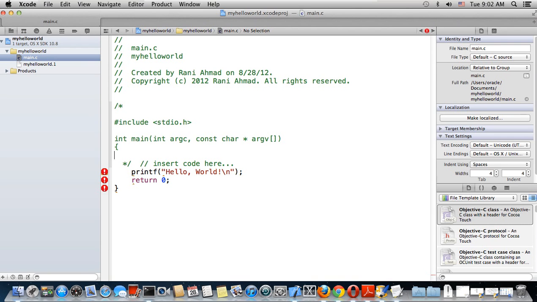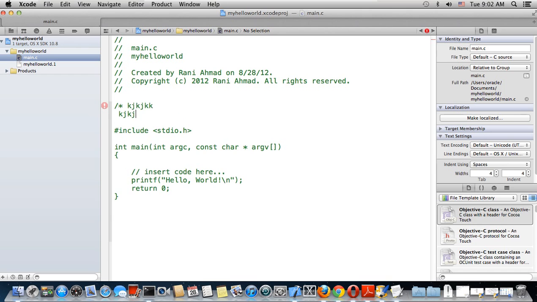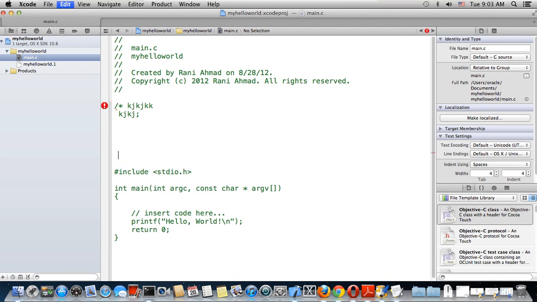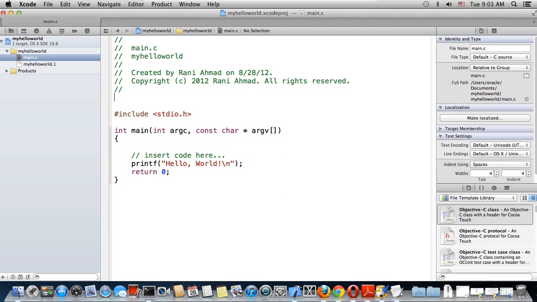So let's remove it, and I can make, for example, my own comments here like this. So this is one comment, and this is another comment of mine. So this is just how to add comments. Next,